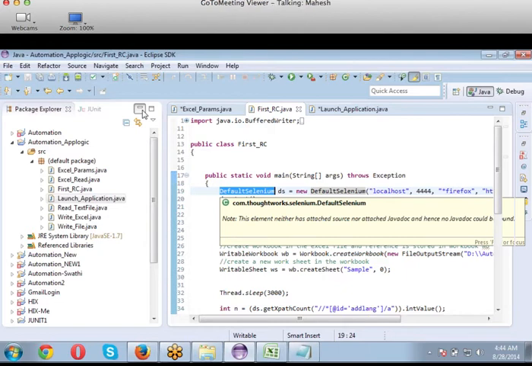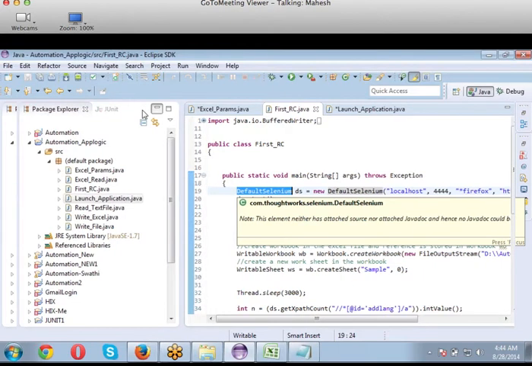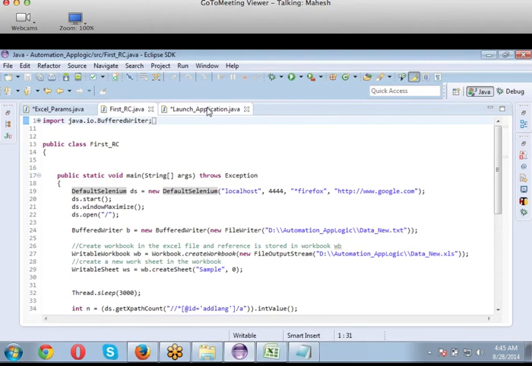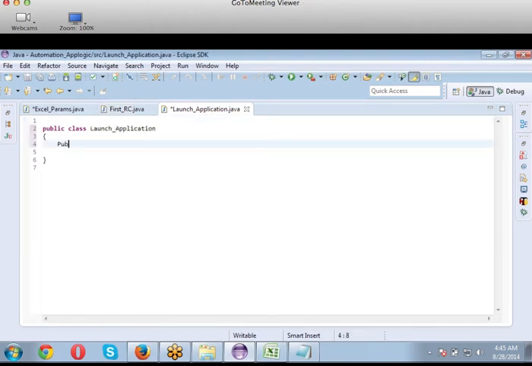Inside my launch application, I will create my default Selenium instance first. Say, sorry, public static default Selenium. A variable which I want to represent as ds. A variable for my default Selenium instance.